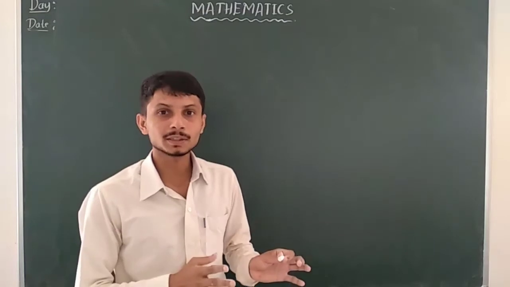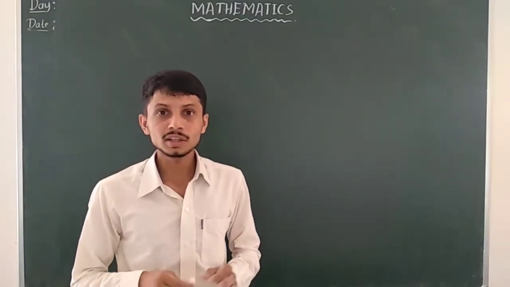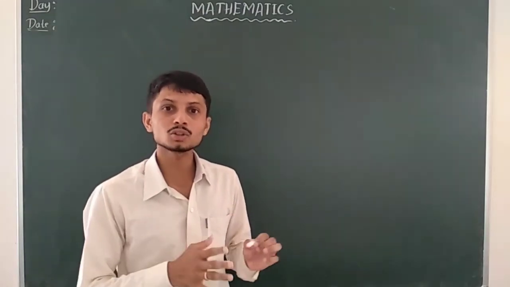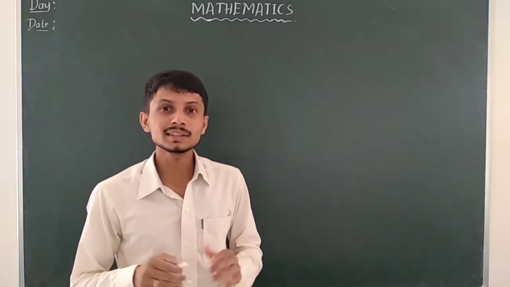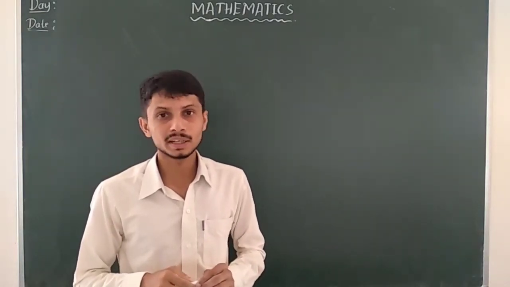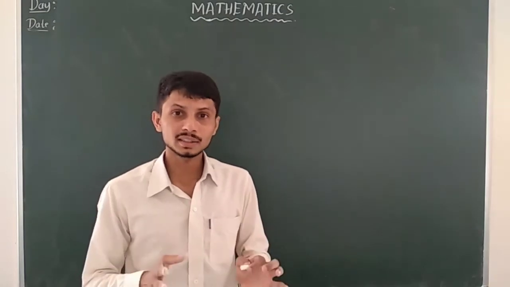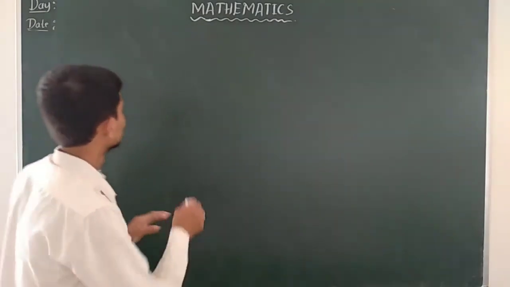Last class we discussed a topic from 9th standard, that is identities and laws of exponents in real numbers. So let us move on to the next topic, the last topic in this number system, that is rationalize the denominator. So here I have to rationalize the denominator.